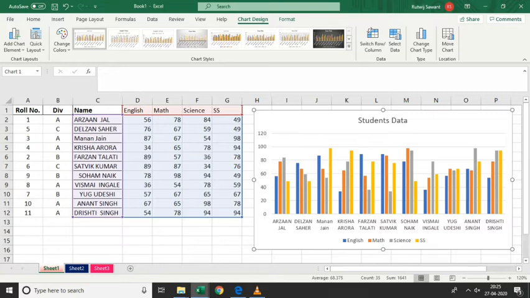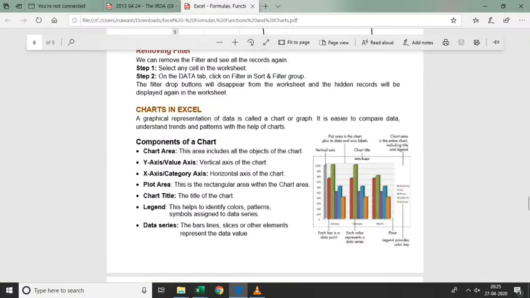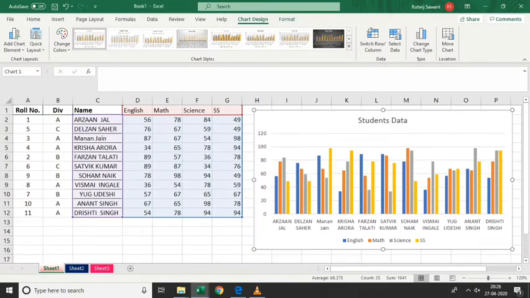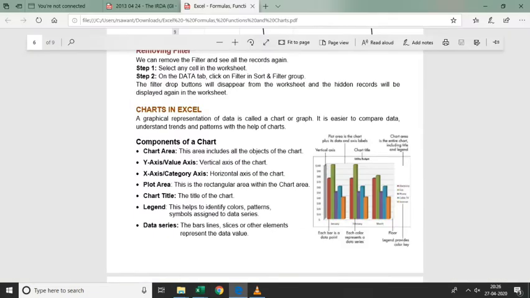Y-axis is the value axis, the vertical axis, which I've already explained, along with the category axis. Plot area is a rectangular area within the chart area. The chart area is the one which contains the entire thing, that rectangular box.